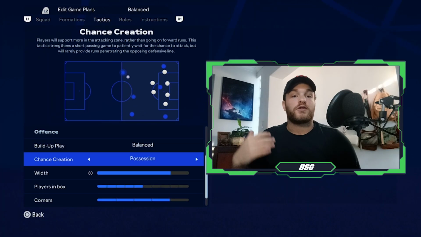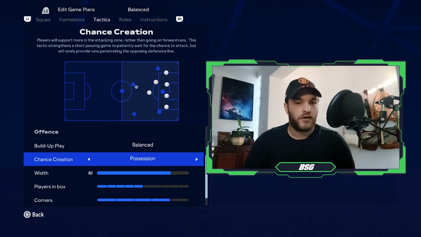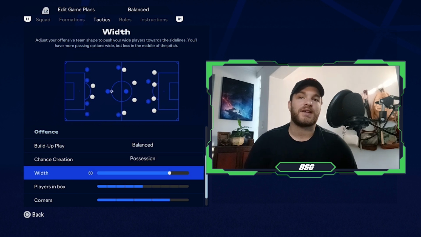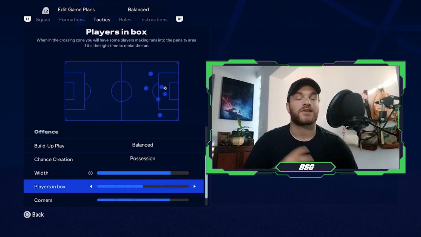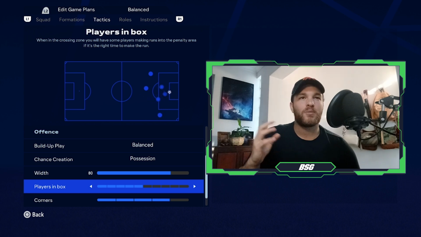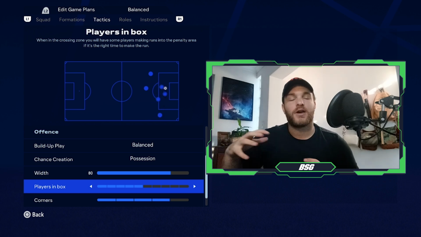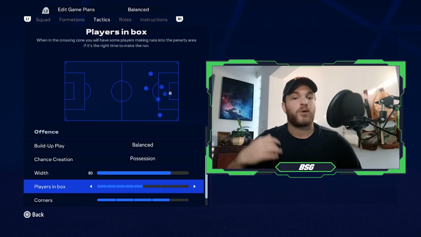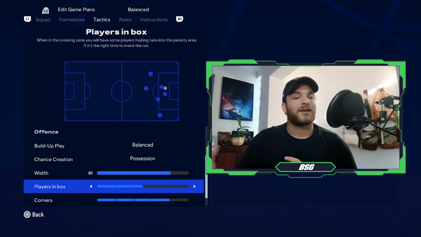They'll consistently look to press and probe and penetrate the opposition's backline area down at the left space. The width of the side should be set to 80, paired up with the players in the box being set to 5. You're not looking to overcommit too many players into that attacking zone, but having Ronaldo situated with a few other players, 1 or 2 to be exact, does help with potentially whipping in crosses or facilitating cutback opportunities